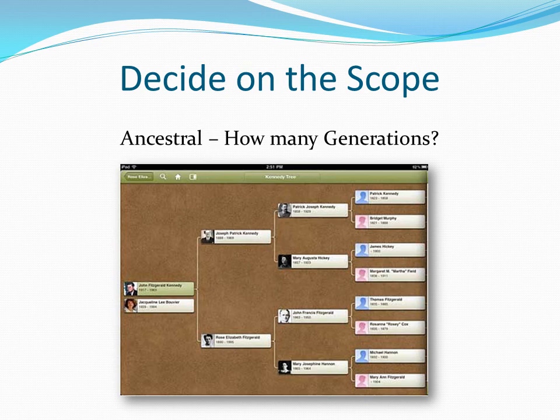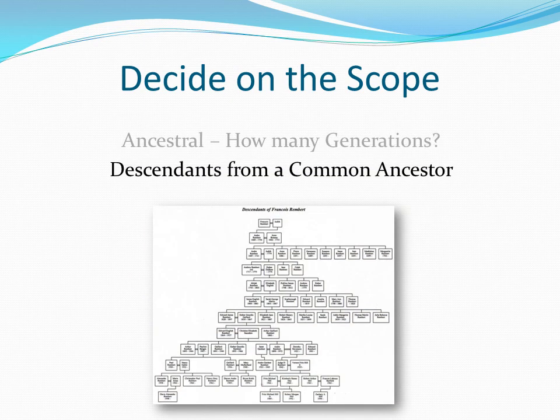Another way is to do descendants from a common ancestor. There are a lot of histories that we do that are descendant-type histories. What they'll do is take one common ancestor, say a great-grandfather or great-grandparents, and all of their descendants, their children and grandchildren. As you do descendants, you want to figure out how far you want to come down. Sometimes